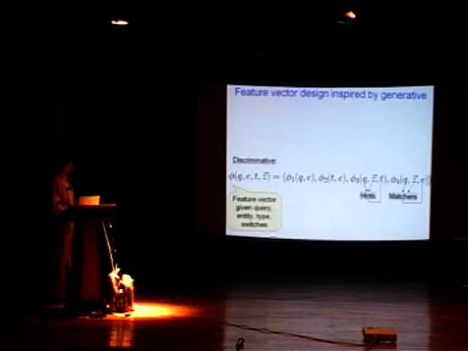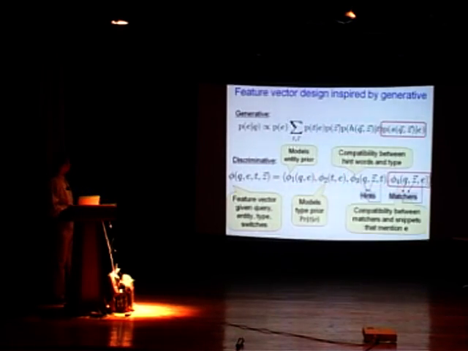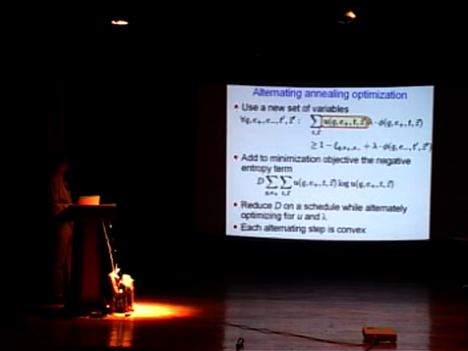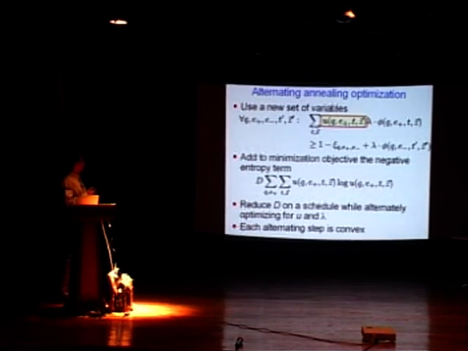So that leads to constraints. This looks like basically for every query and for every good entity and every bad entity, the best interpretation of the good entity should beat the best interpretation of any bad entity. So this side is easy to do, but the max on this side with the greater than or equal to results in non-convexity. So we give an interesting annealing protocol to do this, and this has connections to later work that's been published on